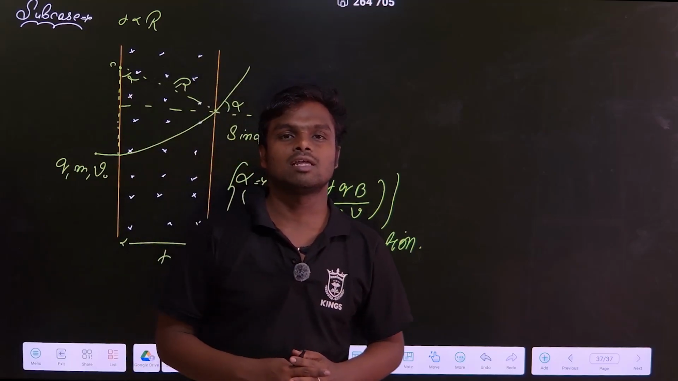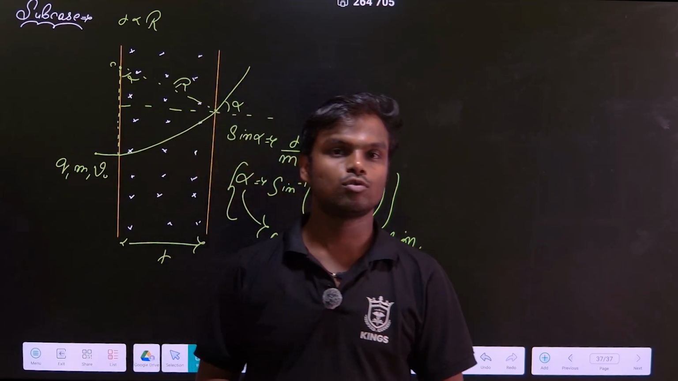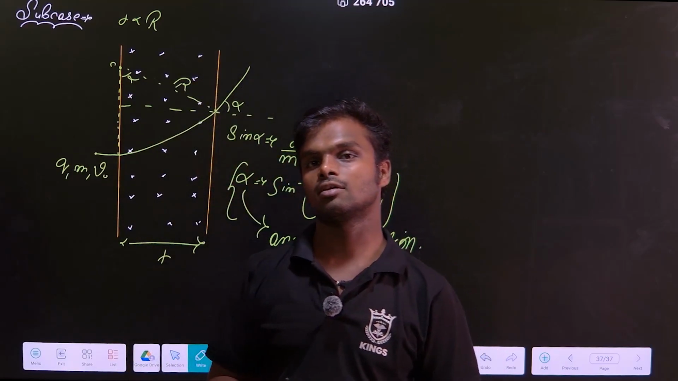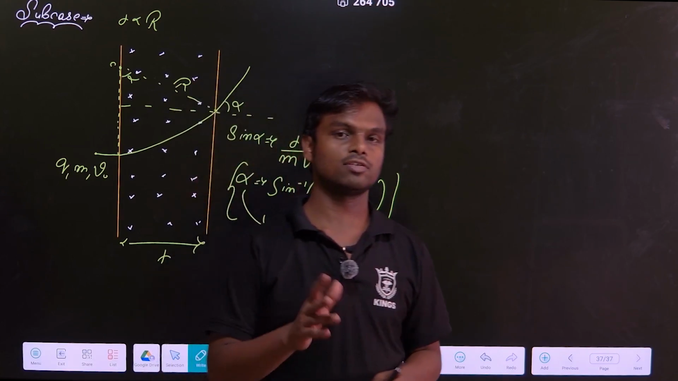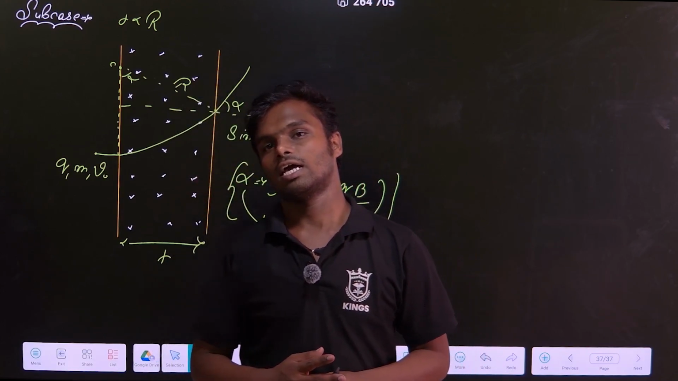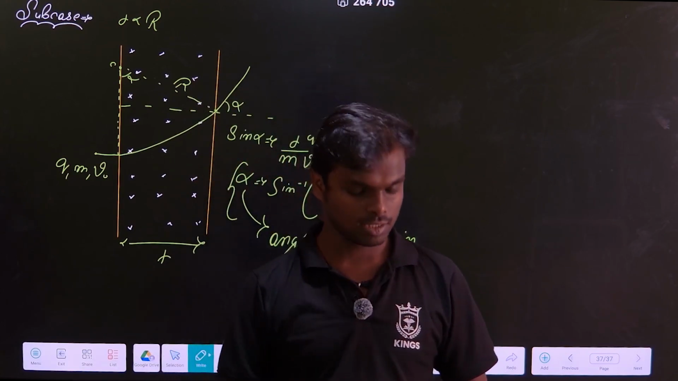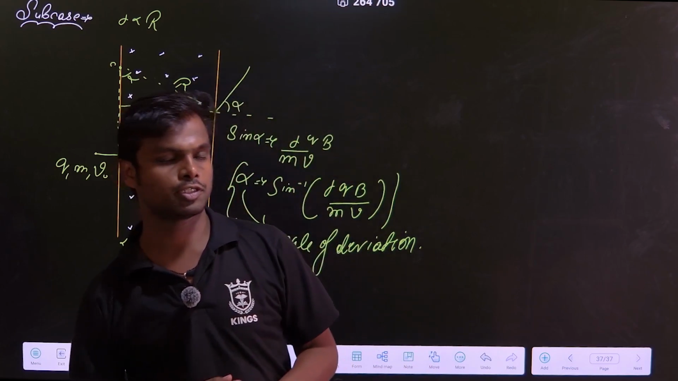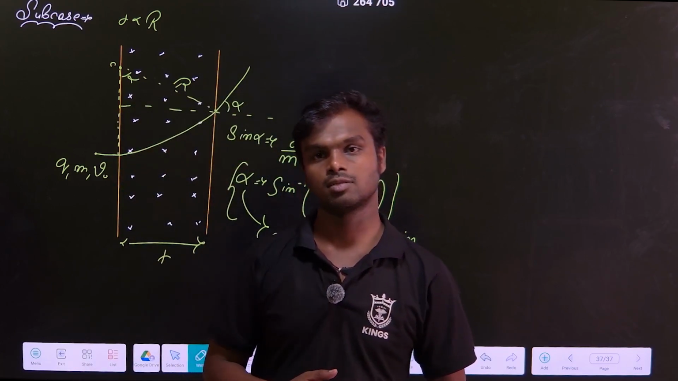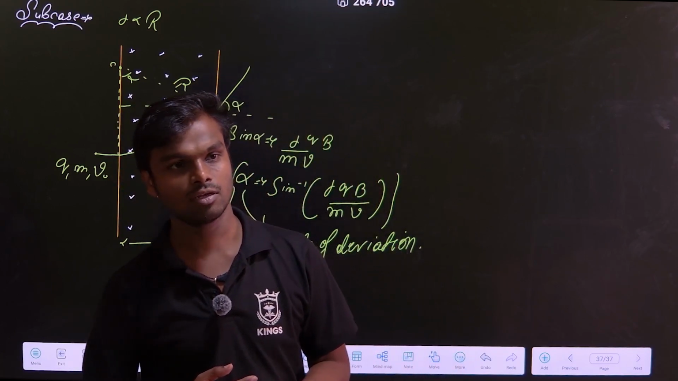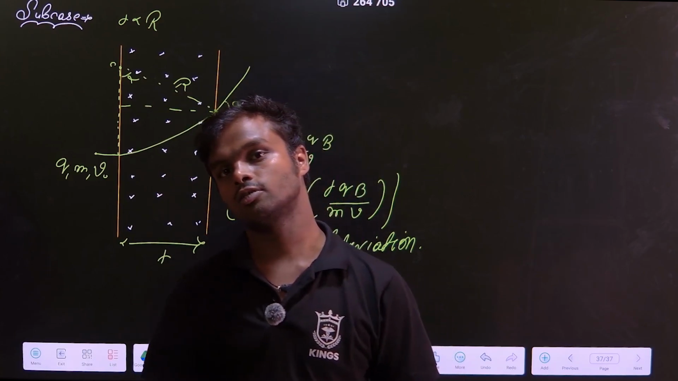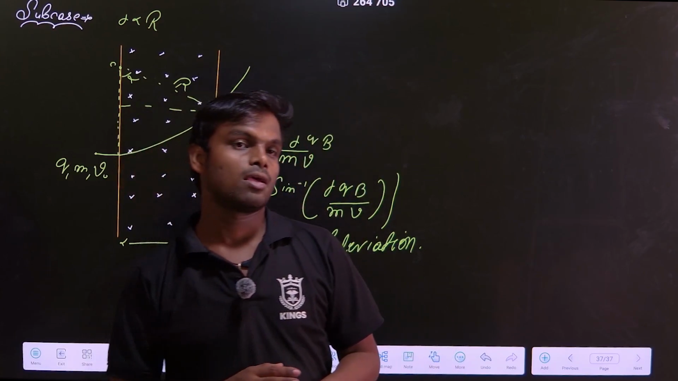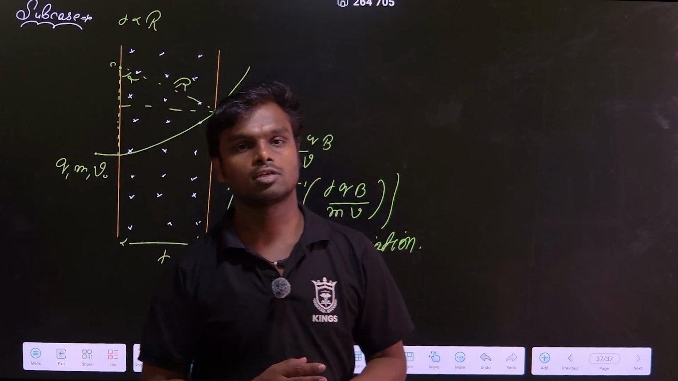So hello everyone, in the last session we have seen the second case, where the velocity is perpendicular to the magnetic field, and we have taken the illustration on the calculation of the position vector of a particle when the velocity is perpendicular to the magnetic field. Now we will continue our discussion on this, and now we are going to discuss the third case,